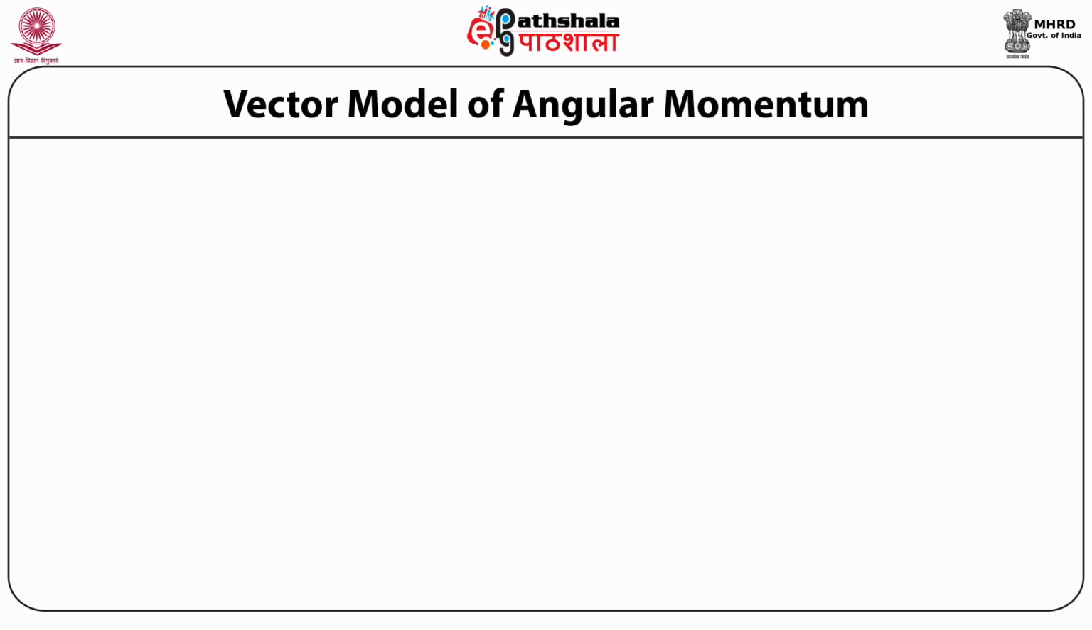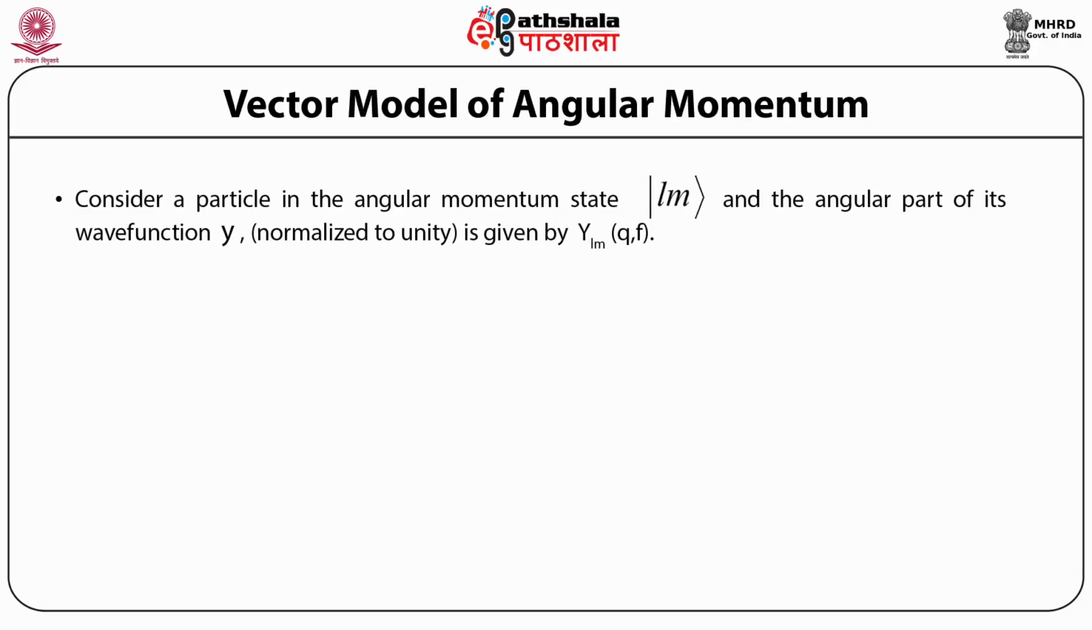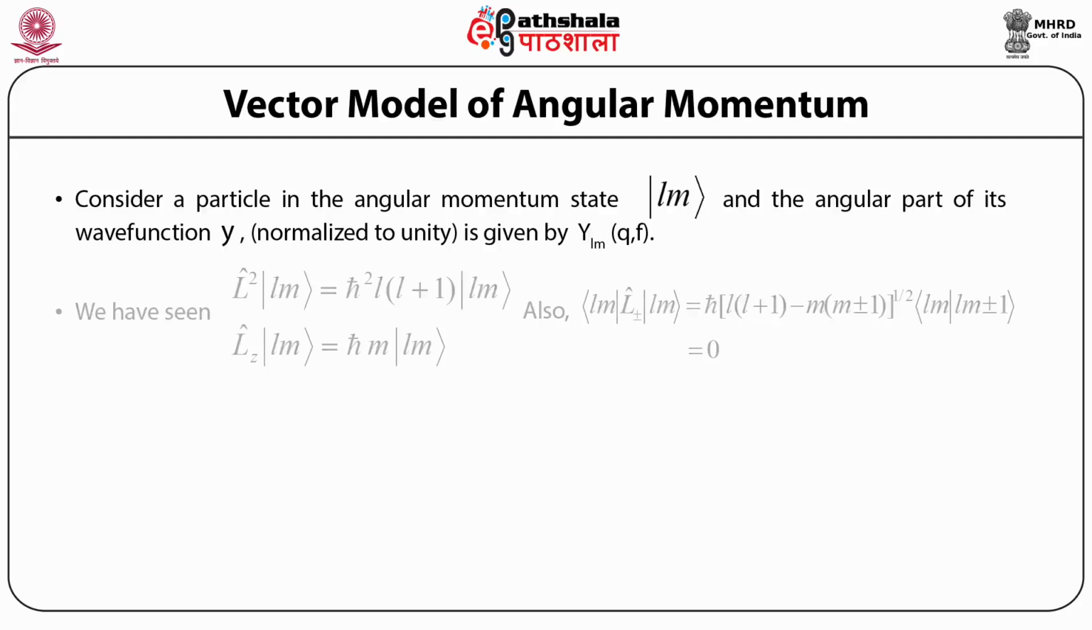Vector model of angular momentum. Now let us consider a particle in the angular momentum state ket vector Lm, and the angular part of its wave function psi, which is normalized to unity, is given by the spherical harmonics Y Lm theta phi. We have already seen that the